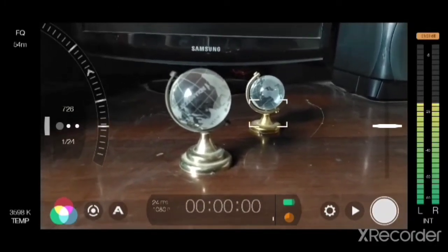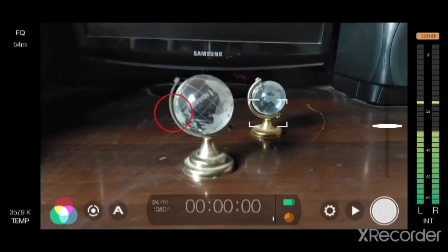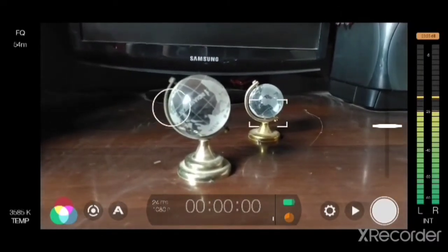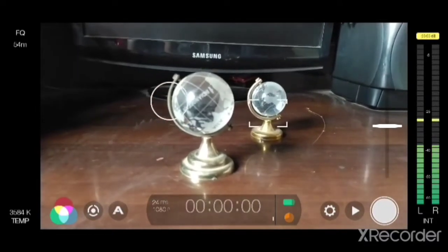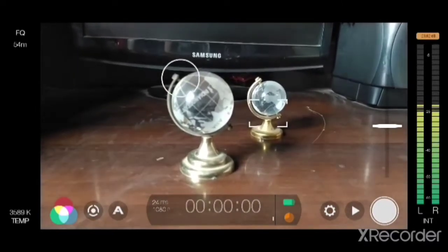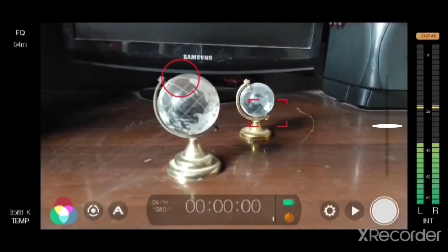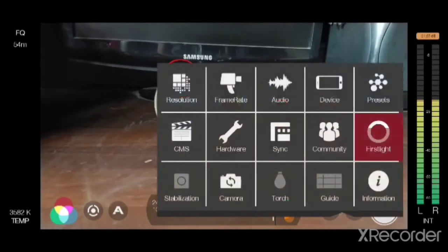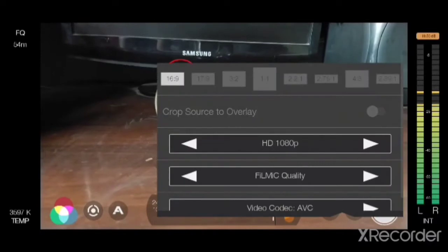Let me just tap outside to close that arc option, and if you tap on the reticle, it turns red, which means locked. And let me adjust the exposure a little more. If I go up and down and lock it, as I like this exposure style, and lock the focus one as well. So let me go to the configuration. There are many settings. Let me go to the resolution first.